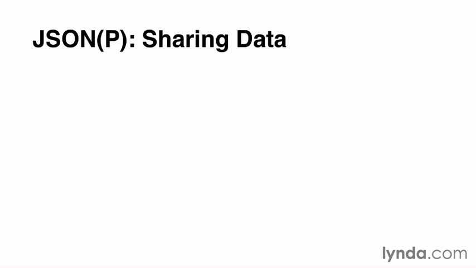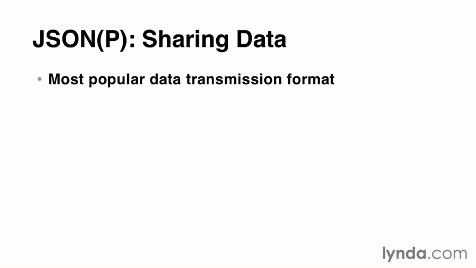Now let's take a look at JSON and JSONP, which are great for sharing data across your own website and with other web services. So JSON, generally speaking, is the most popular way of transmitting data in between services. It just stands for JavaScript object notation, and it's very readable, even more readable than XML. And it's very simple and small, so it's become very popular, pretty much superseding XML as the most popular way